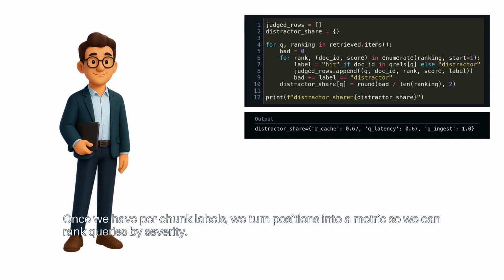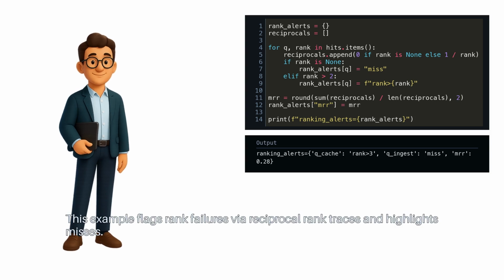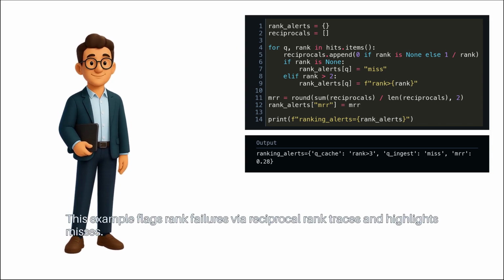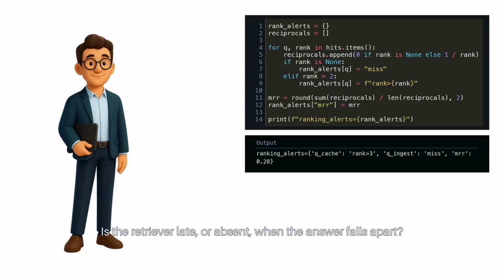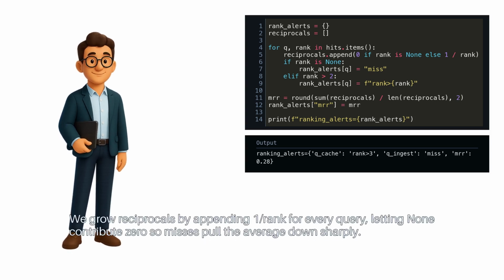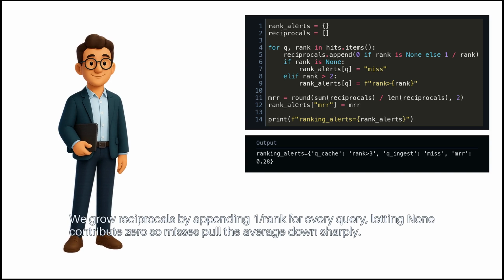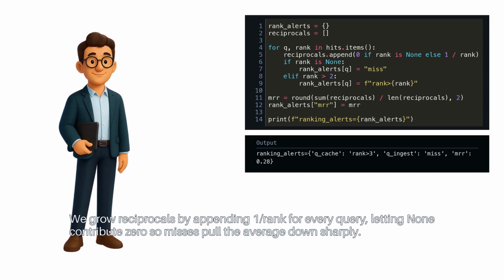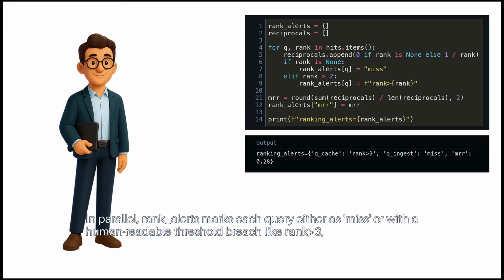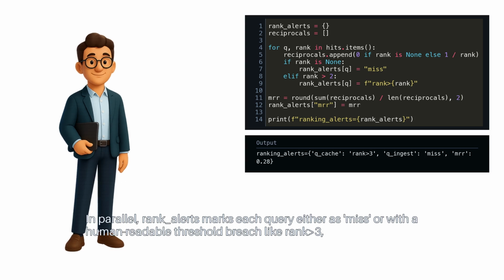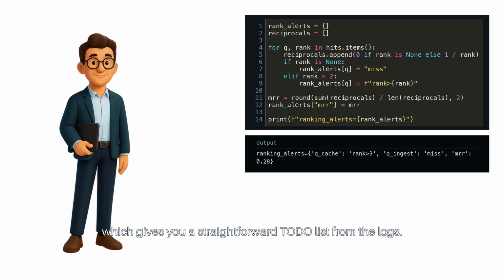Once we have per chunk labels, we turn positions into a metric so we can rank queries by severity. This example flags rank failures via reciprocal-rank traces. Is the retriever late or absent when the answer falls apart? We grow reciprocals by appending 1/rank for every query, letting none contribute 0, so misses pull the average down sharply. In parallel, rank alerts marks each query either as miss or with a human-readable threshold breach, like rank +3, which